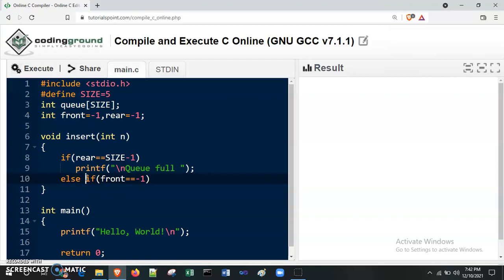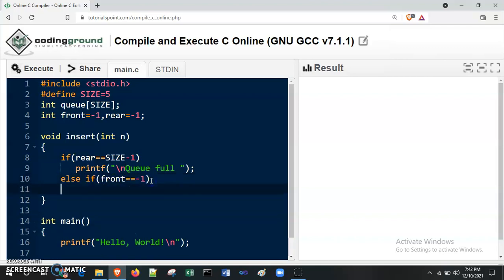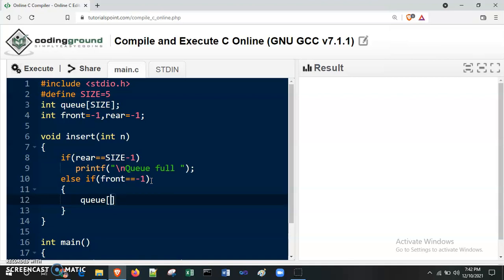When we will insert first element, then this is the case. Then what we need to do here, Q of ++rear, both are equal. First we need to increase the index, and then at that particular new index we need to insert this element.